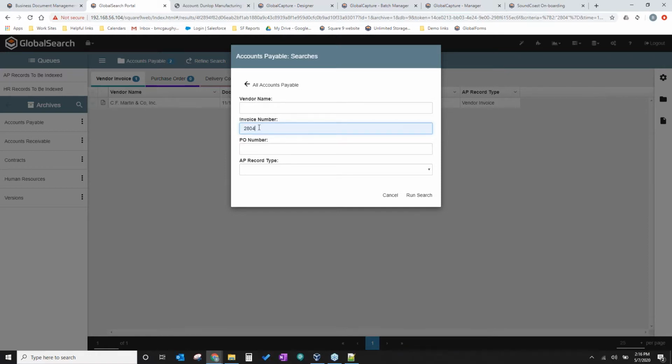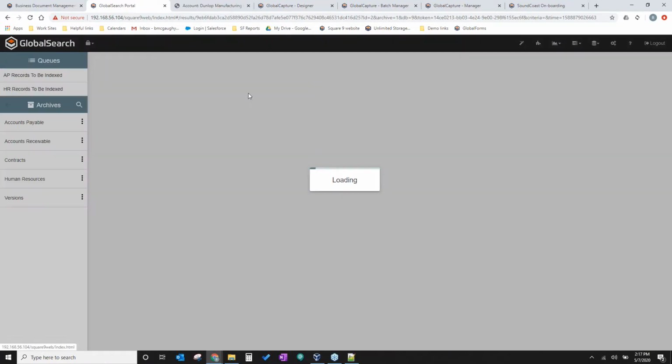Let's say I did an invoice number search and pulled back multiple invoices with the number 2804. I could narrow that search down to just that CF Martin invoice and pull just that invoice in. So I can get very granular with my searches.